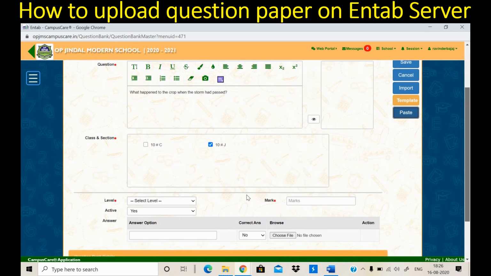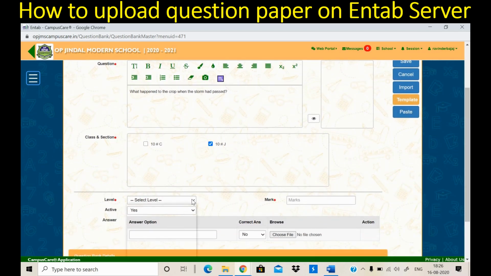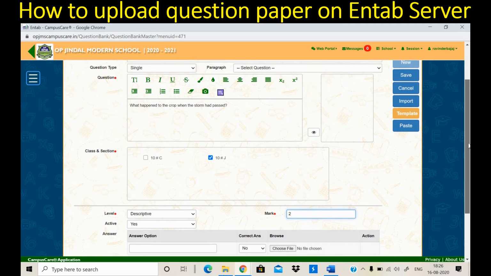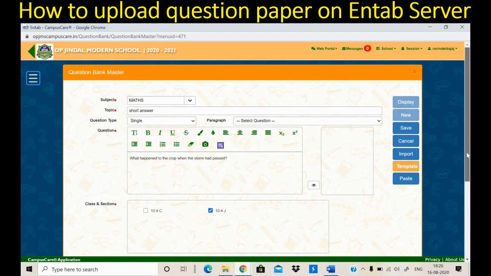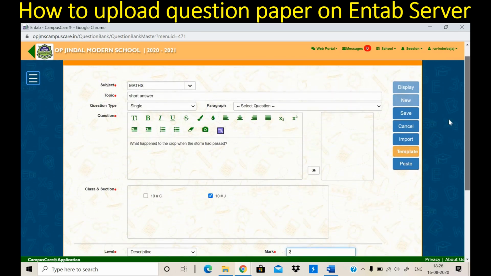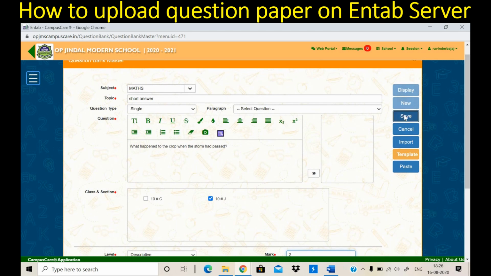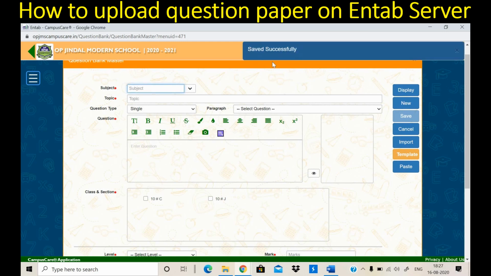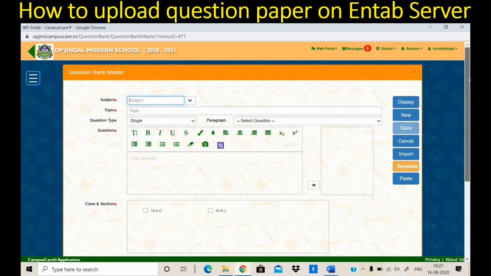Now this is again a descriptive question of marks 2. So all the fields are filled. Press save button. A message will appear, saved successfully. So your second question is also saved.